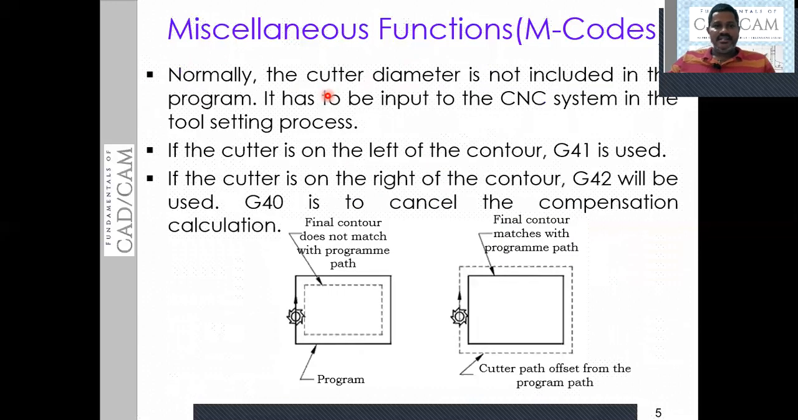Now, take an example. Normally the cutter diameter is not included in the program. As I said just now, the cutter diameter is not at all considered. But when we specify that compensation is allowed to that program, this is the radius. That means automatically the coordinate values that we specified in the program will be protected, and according to that we will get the work dimensions. So if you specify the radius of the tool, take an example here, this is